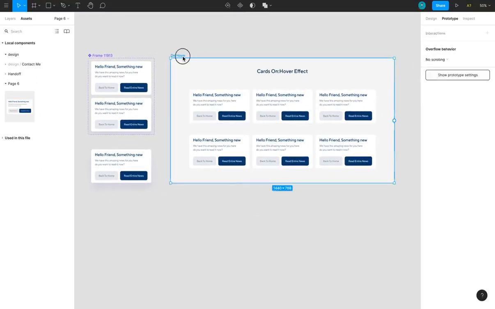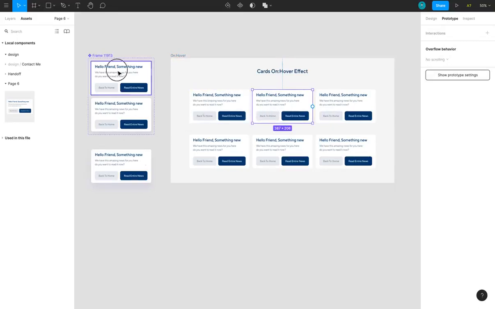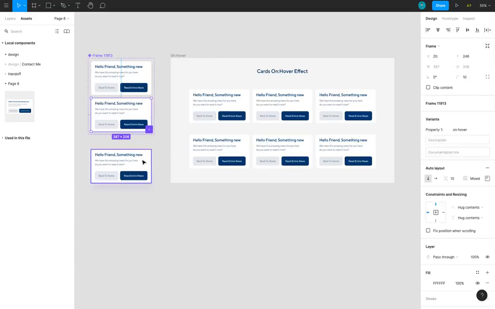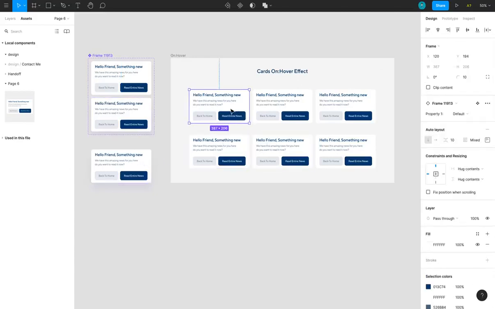So today I'm going to be showing us how to create hover effects in your Figma designs. If you look here, I have my card component. I have the variant here, and I have my on hover effect, and I have my default state. So I'm going to be showing us how I used the old method before we had the interactive